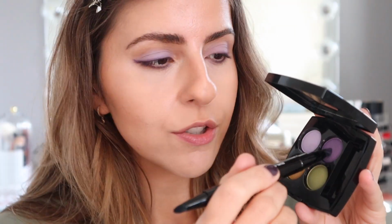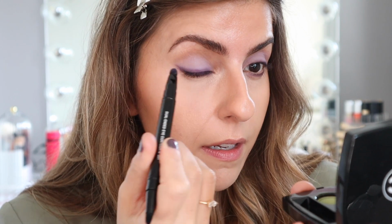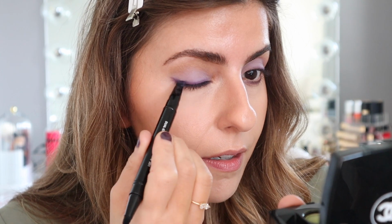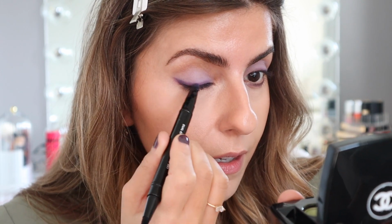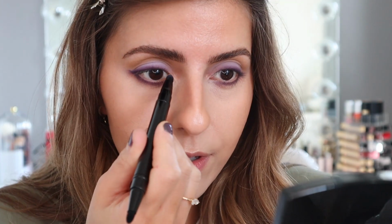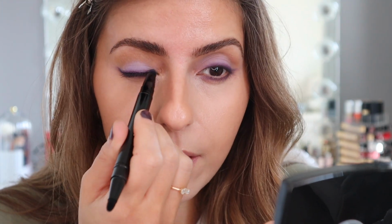I'm going back into the purple shade, and I just want to deepen that liner. That actually looks really nice. I'm going to use this in my inner corner, so just right here. I may need to get a different brush, but